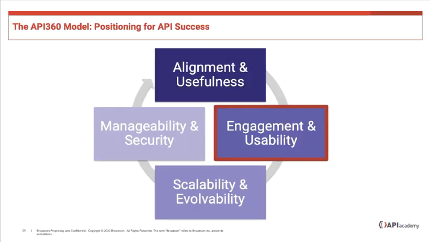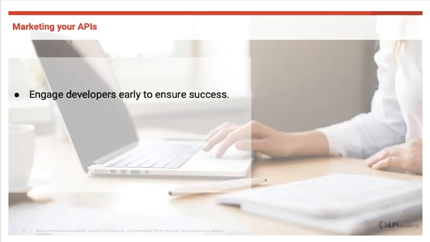The next category to examine is engagement and usability. One of the fundamental aspects that sets the web API paradigm apart from others is how much emphasis is placed on the API consumer. Specifically, successful API providers have catered to the developers of the client applications that use the APIs. This recognition of the app developer as a key stakeholder is critical. For your enterprise API strategy to succeed, you need partners to integrate your APIs into their own applications and solutions.